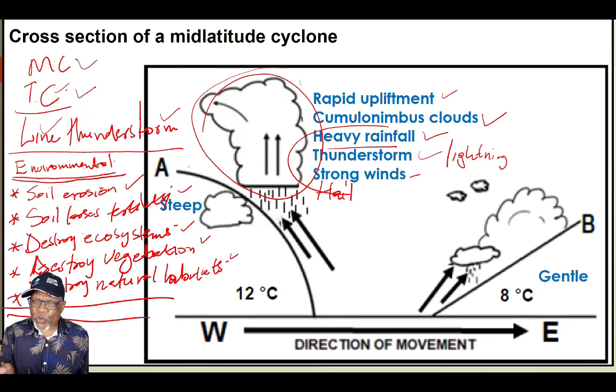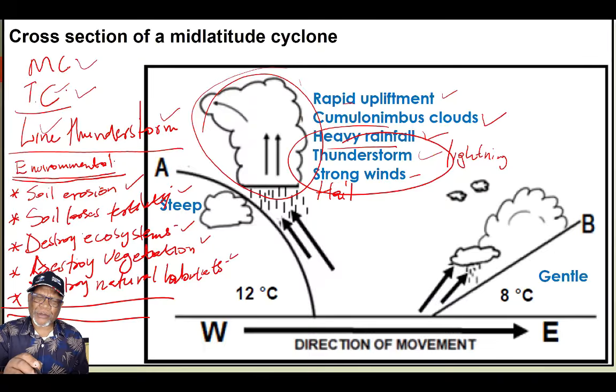So all these weather conditions are the conditions that can be associated with the question, which says you must give the impacts of weather. I don't know what you are going to be assessed on. Is it going to be tropical cyclone, or line thunderstorm, or mid-latitude cyclone? So long as the question wants you to say the impacts on natural environment, you must know